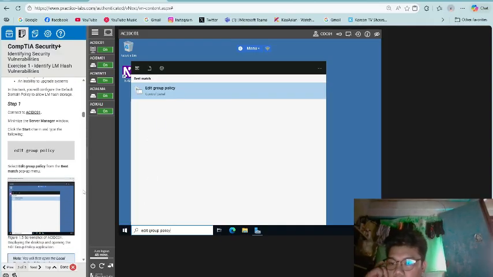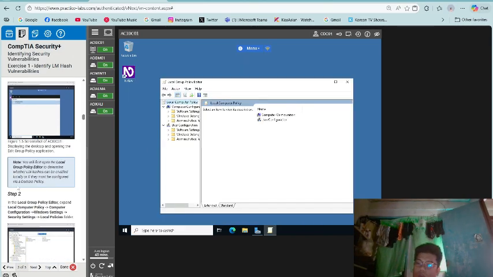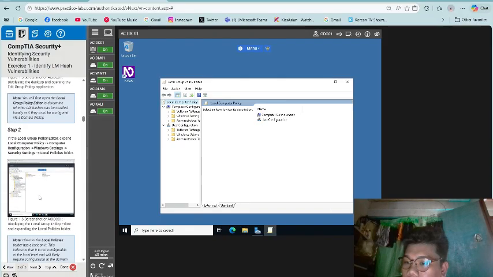Select edit group policy from the best match pop-up menu. Note, you will first open the local group policy editor to determine whether LM hashes can be enabled locally or if they must be configured via a domain policy.